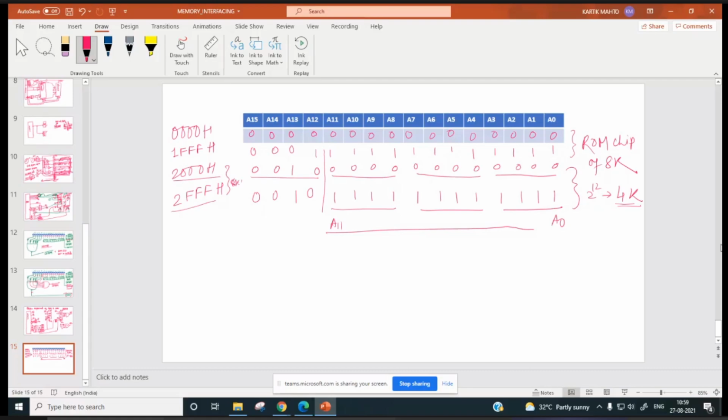So these unused address lines, A12, A13, A14, A15, have to be decoded properly for generating this unique address for this RAM chip.